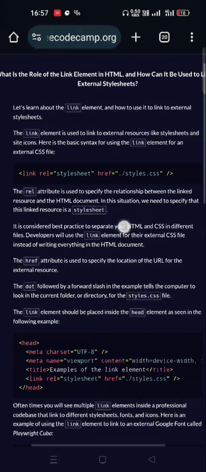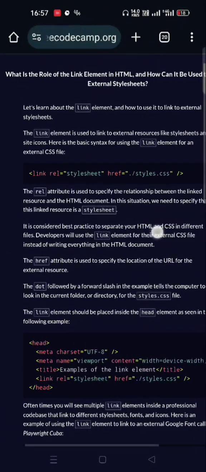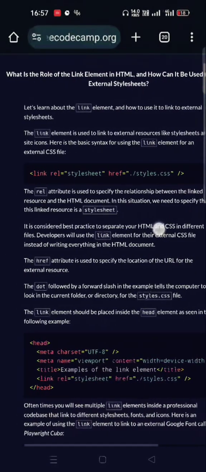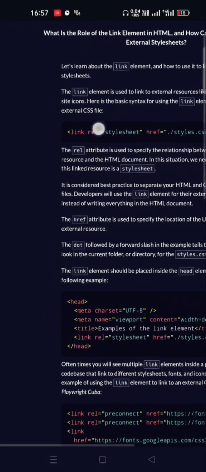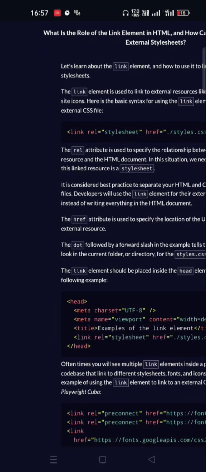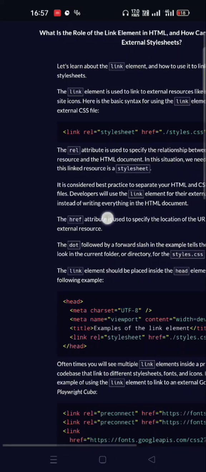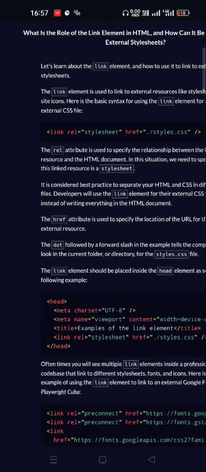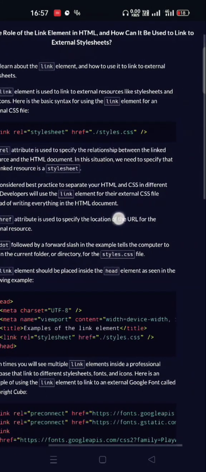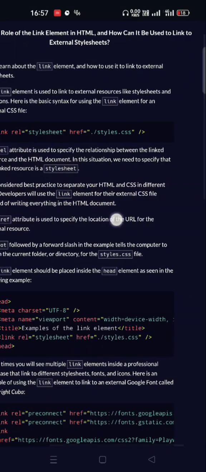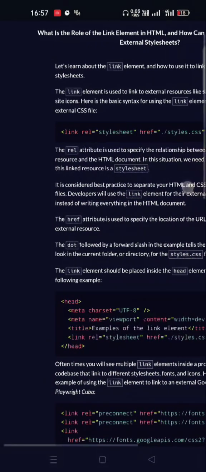And here is the basic syntax for using the link element for an external CSS file. I don't know if you can see the pointer. So it goes: link space rel equals "stylesheet" in quotes, href equals dot slash styles dot css. Okay,